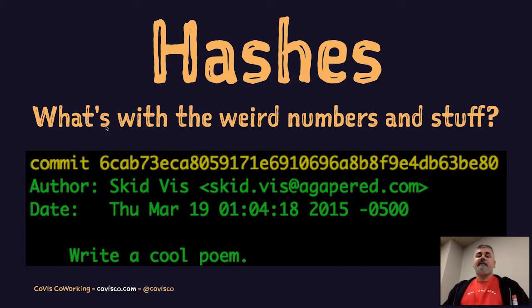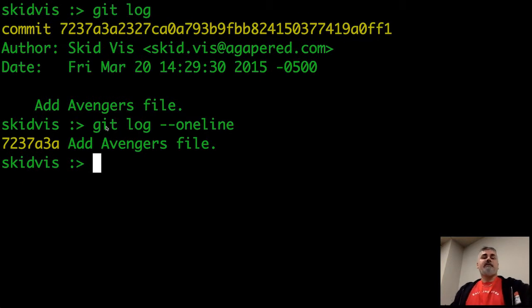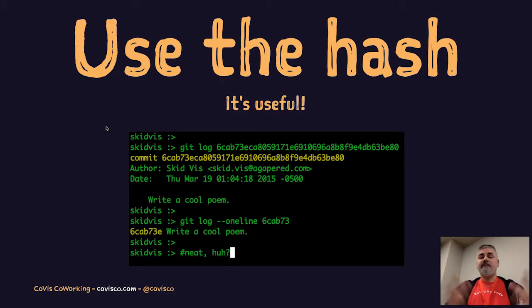Now they're unique enough that under most normal circumstances you can just use the first 7 characters as your identifier. So if you see here, the actual commit hash is that huge 7237883 blah blah blah that ends in FF1. But when you do the one line, it just gives you the first 7, and that's something to make it easier for you to use the hash.